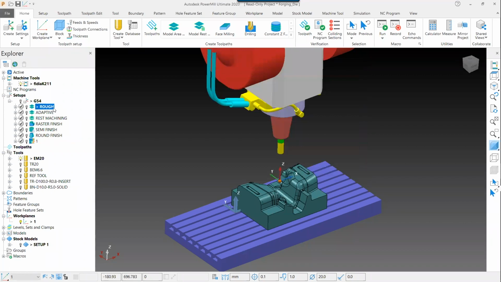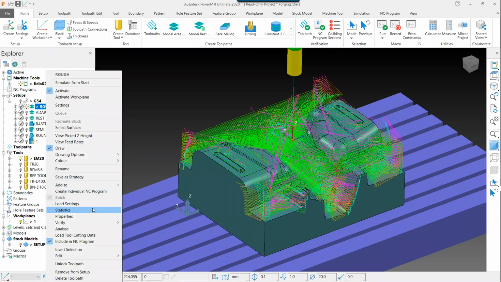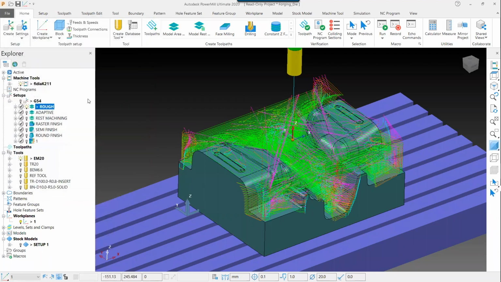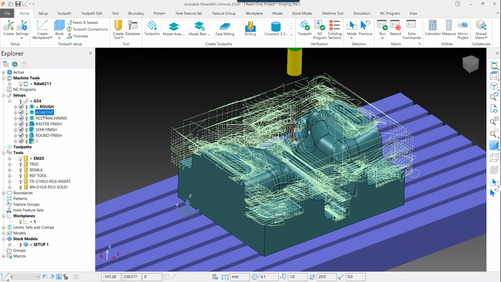And here I already have a few toolpaths pre-programmed. We have our traditional roughing strategy, and you can take a look at it. Typical strategy: it just takes the offset of the model, and then it starts controlling it based on your step downs here, which is fine. But if we take a look at how long this toolpath takes, it's around the 2-hour mark. So not too bad. This is a decent sized part, but we went back to having some of the high-speed machining toolpaths. And if we take a look at the adaptive instead,